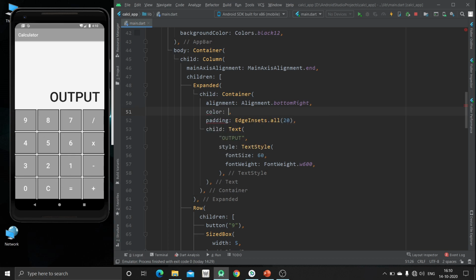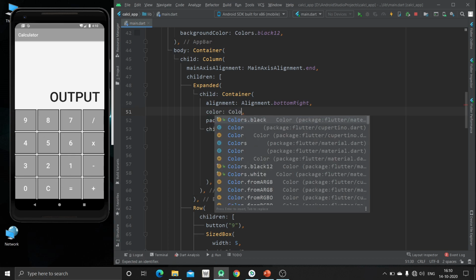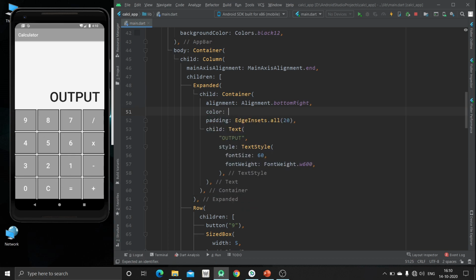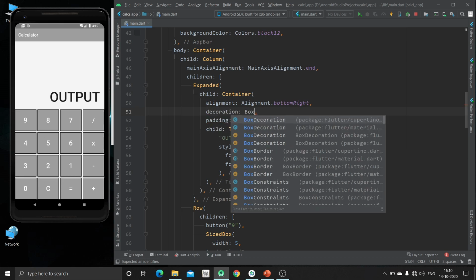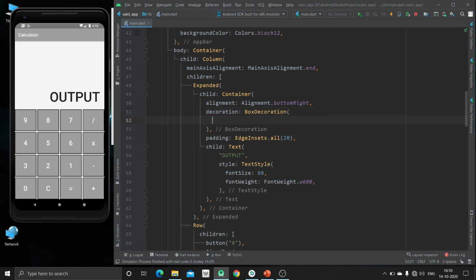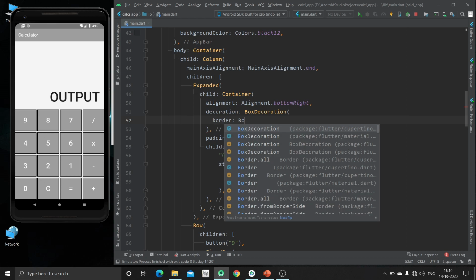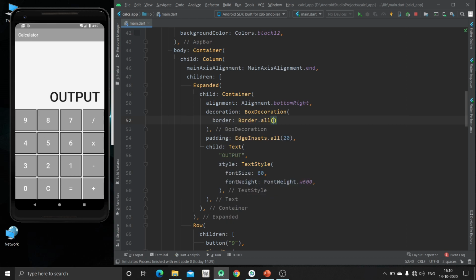Okay, we will change the color. For that we will use the decoration property of our container. Set this box decoration so that we can also specify some border to our container. So border dot all, and the color should be the same, black, and the width should be 2.